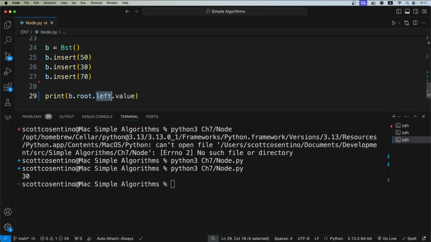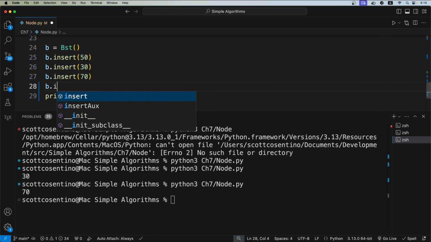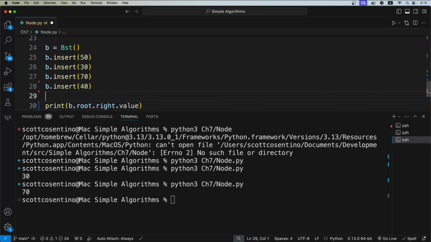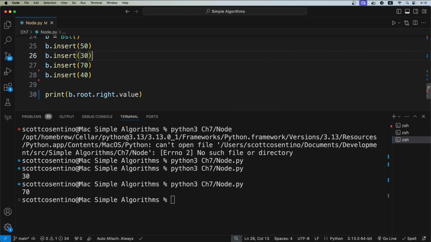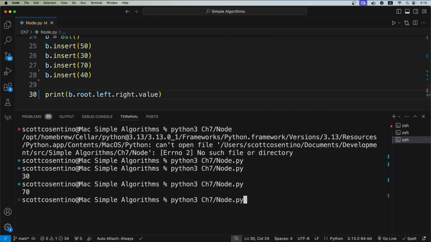So that makes sense for where we inserted that. And we can also take a look at right.value and just make sure that that's 70, which indeed it is, right? So this seems pretty reasonable as a method to actually get this up and running. So if I were to insert 40, for instance, it would be to the left of 50 and then to the right of 30. So if I do .left.right.value, that should take me to 40,